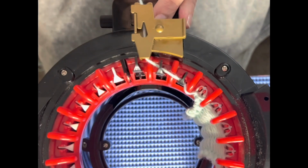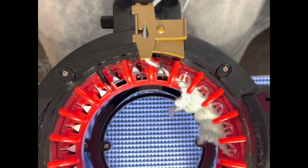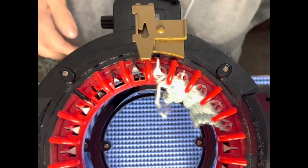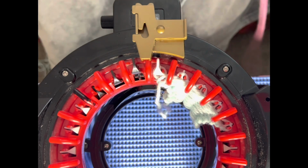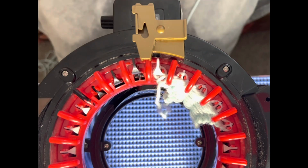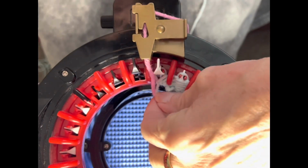Okay, so that's enough for my waste yarn. Now I'm going to cut it off. I'm going to save that because I'm going to add it again. Okay, so we are going to now add our pink yarn. Let me see here. Yep, and we're going to do 8 rows. So I'm going to put that in there, and I'm going to,